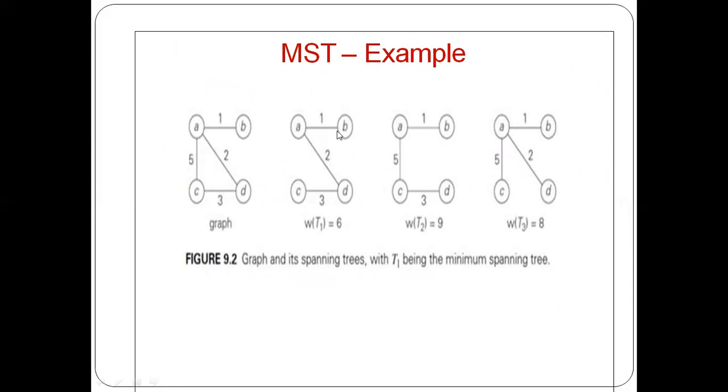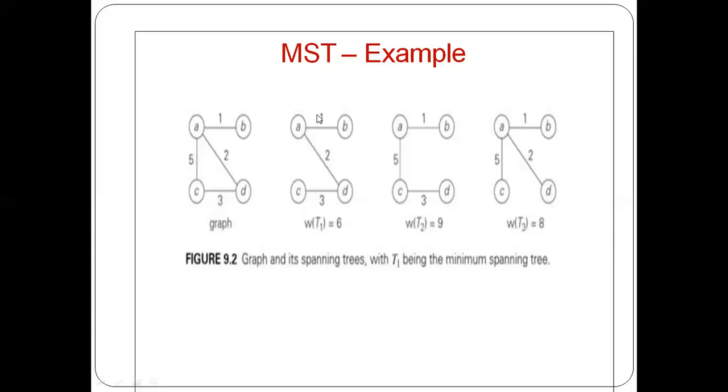A spanning tree should have all the vertices. So all the 4 vertices are included and it should have n minus 1 edges, so 3 edges. It should not make a cycle. The properties of the spanning tree are: it should have all vertices, and all the 3 spanning trees satisfy that condition. The second condition is it should be connected. All 3 are connected. Next, it should not make a cycle. The first one does not have a cycle, the second one does not have a cycle, the third one does not have a cycle. It is a subgraph of the original graph. So these 3 satisfy the spanning tree criteria.